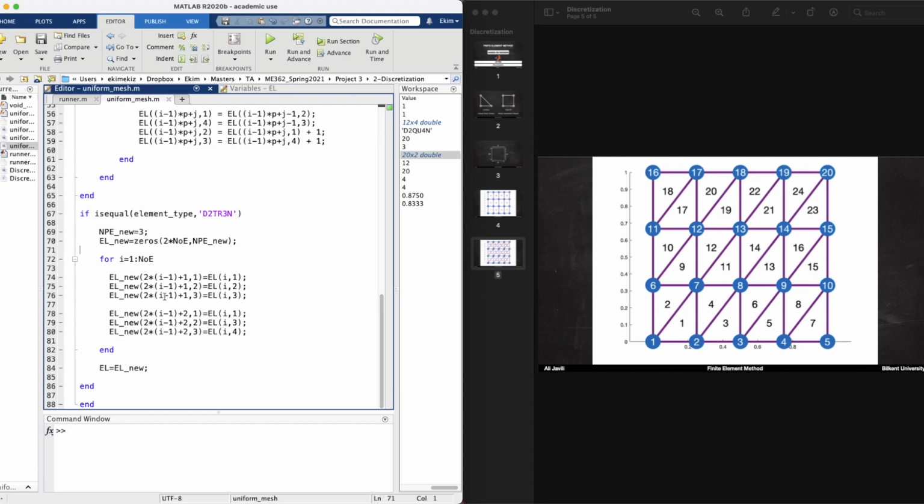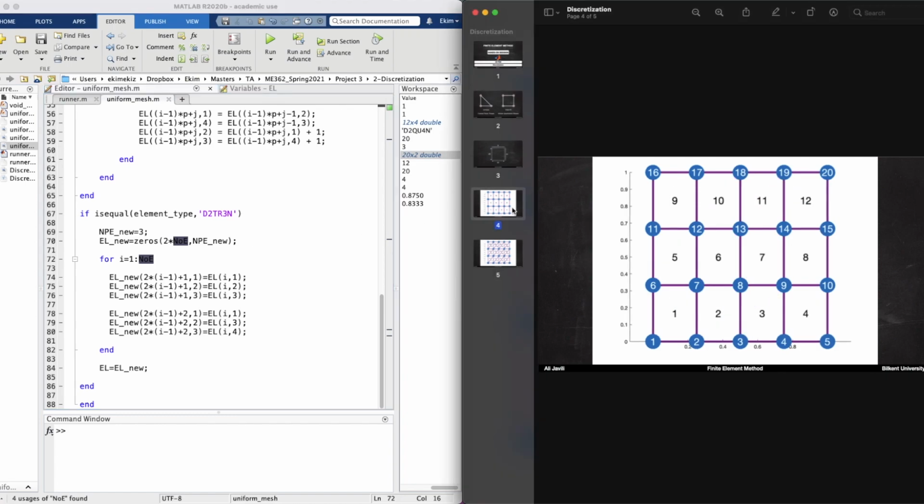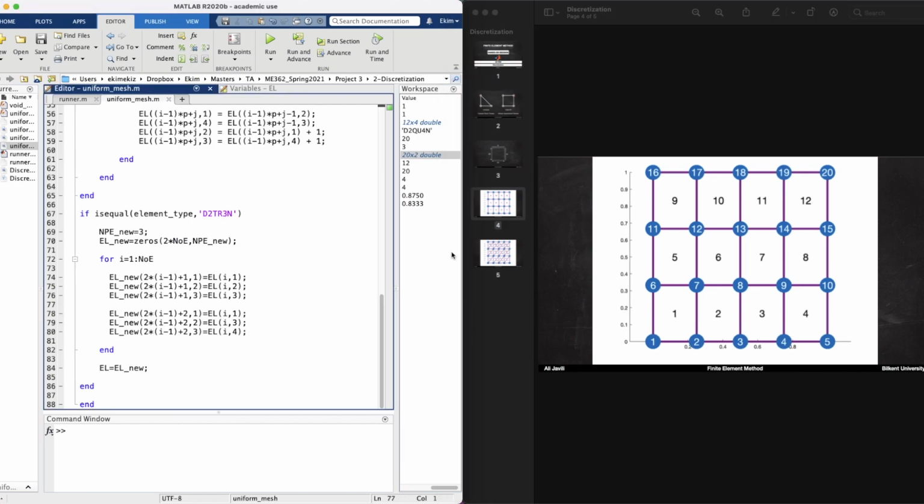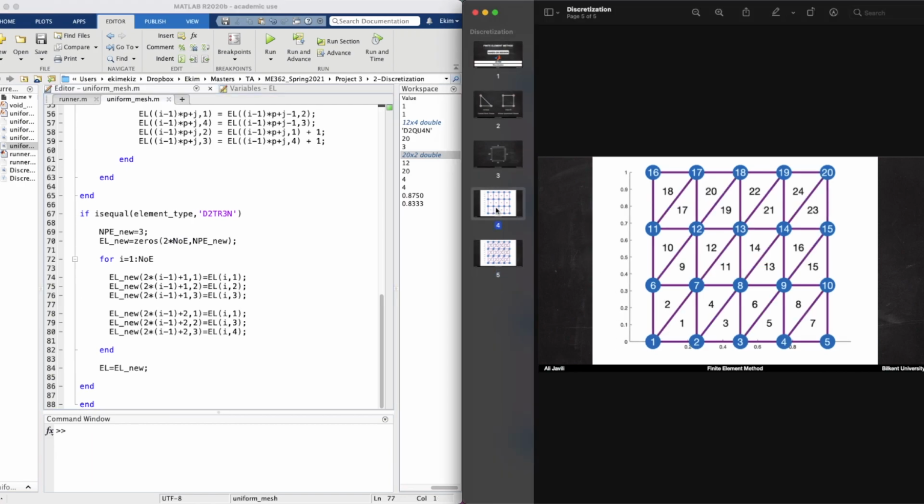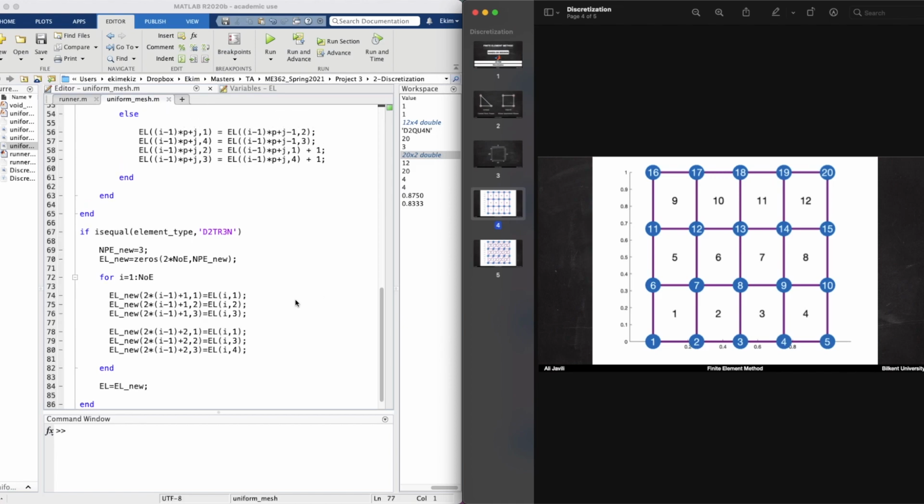And then we have a simple for loop from 1 to number of elements, and this number of elements is again the original number of elements we had, so the number of elements of the quadrilateral version. And then for each element, for each original element, we go by dividing it into 2. So what we do here is,